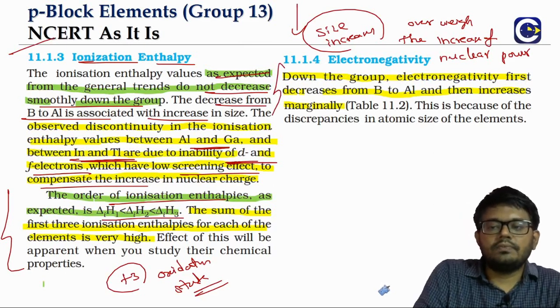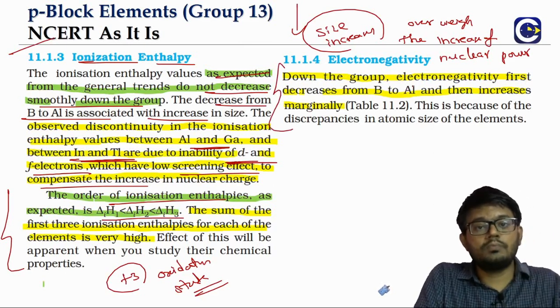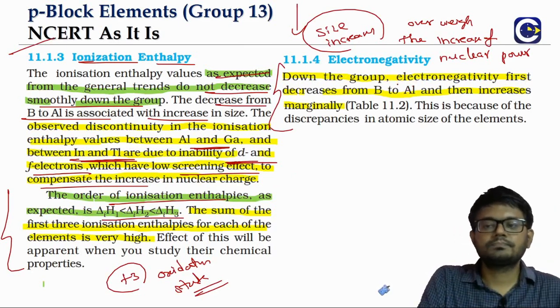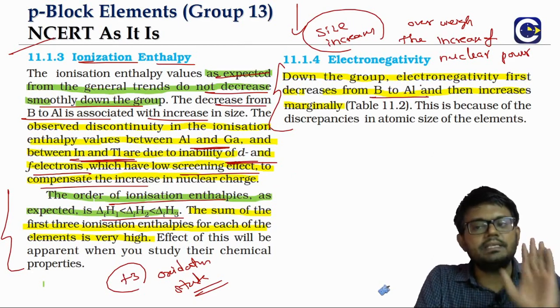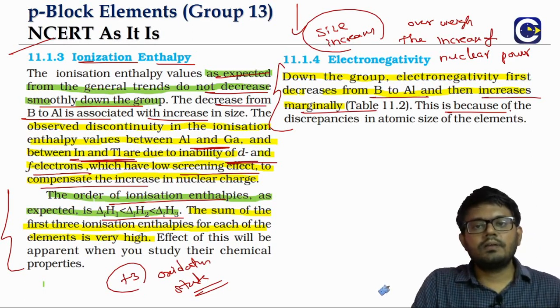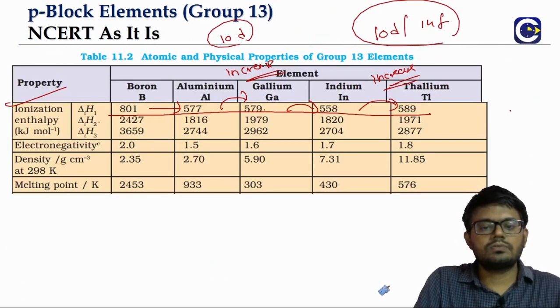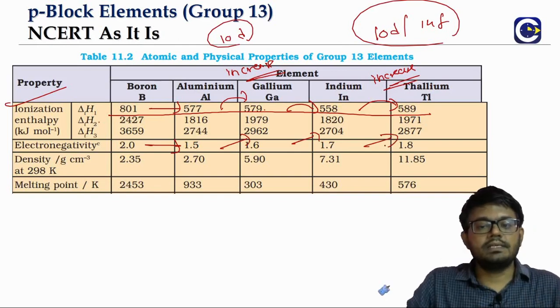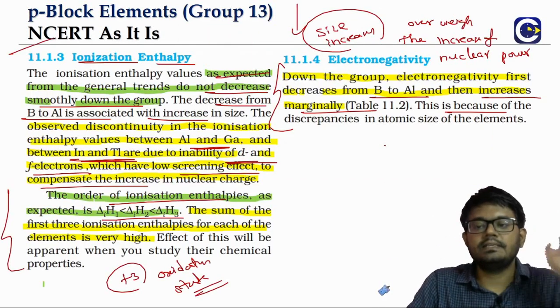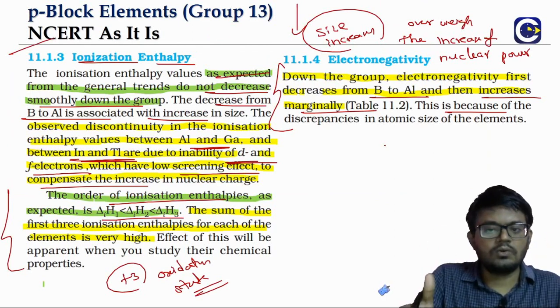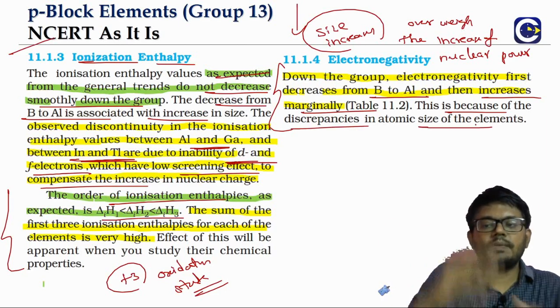If you look at the electronegativity, what is the normal trend? As you go down the group, electronegativity values must decrease. But here also we will have an anomaly. First from boron to aluminium, it will be decreasing. Then we will see a completely different scenario. Look at the values. Boron to aluminium, it is decreasing, the normal trend. But from here onwards, it is gradually increasing: 1.6, 1.7, 1.8. Again, the reason is the poor shielding effect of the inner core, which gives rise to the discrepancies in the size